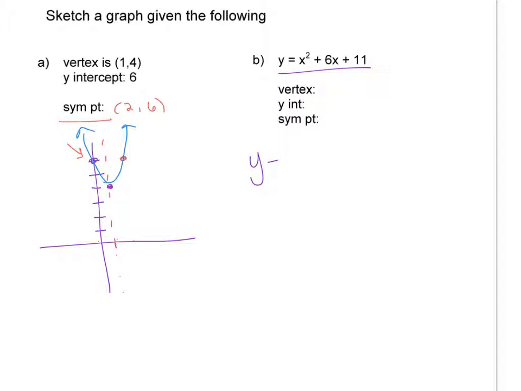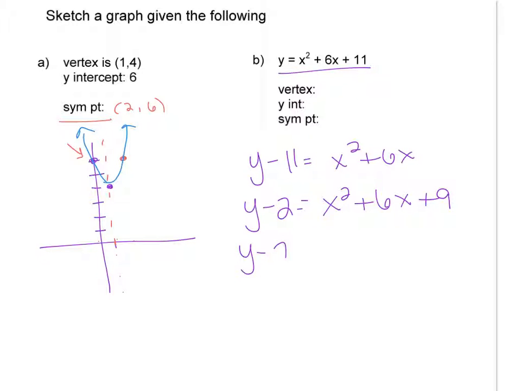Y minus 11 equals x squared plus 6x. So I'm going to have y minus 2 equals x squared plus 6x plus 9, which is y minus 2 equals x plus 3 squared. So my vertex is going to be at negative 3, 2. Now your y-intercept occurs when x is 0. So if that's the case, if I sub in 0 for x,